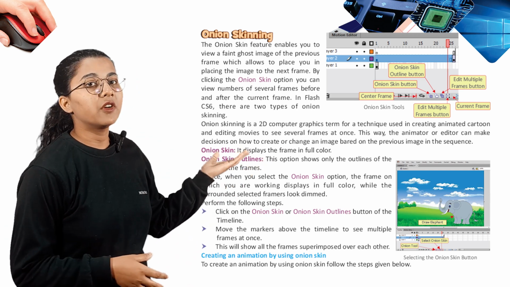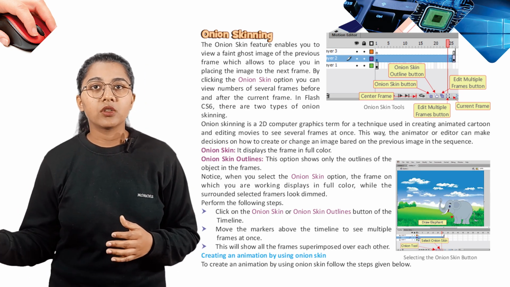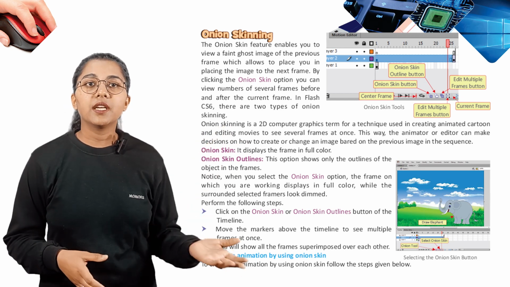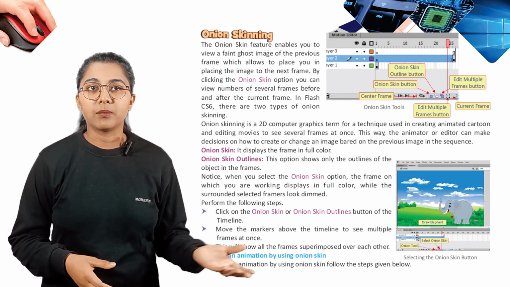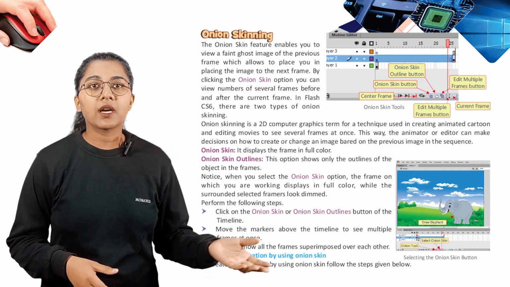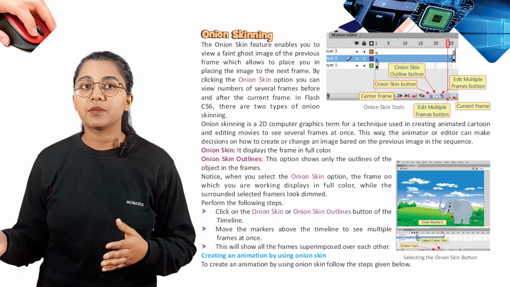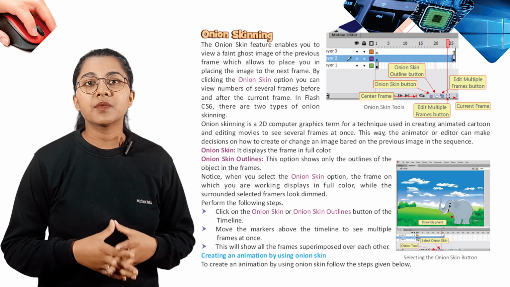Now perform the following steps. So if you want to apply onion skin on your image, you have to follow these steps. Firstly, click on the onion skin or onion skin outline button of the timeline. Then next, move the markers above the timeline to see multiple frames at once. Then next, this will show all the frames